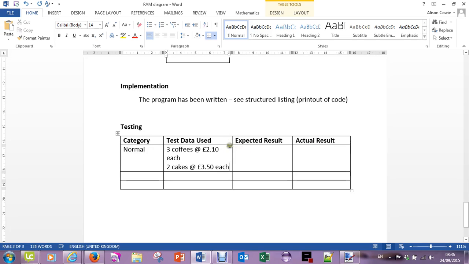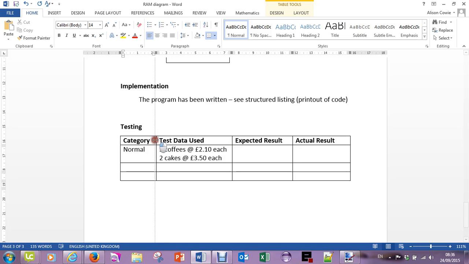Just going to make this a little bit bigger here. There. So this is just a sort of normal situation where I just type in a couple of regular numbers,